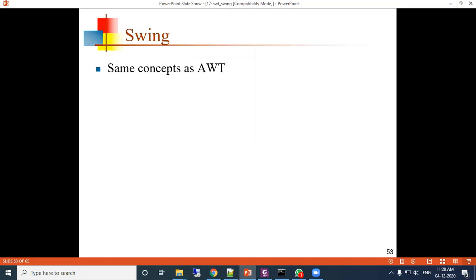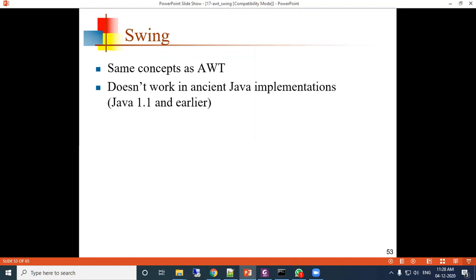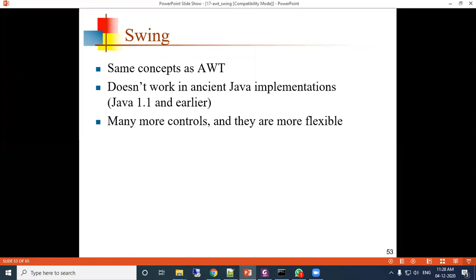Swing is the same concept as AWT. It does not work in ancient Java implementations because AWT was there, but swing was introduced after Java 1.1. So there are many more controls, and they are more flexible. Like AWT, here also many other controls are there which were not in AWT.